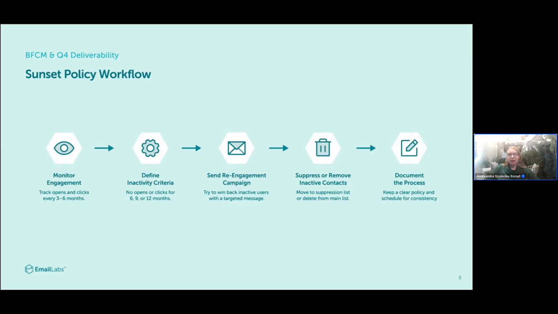And here we have a slide that shows us how the sunset policy workflow should look. Obviously, it will depend on the organization, and the workflow will maybe vary between different marketing teams. But in principle, the first thing that you need to do is monitor the engagement of your users.